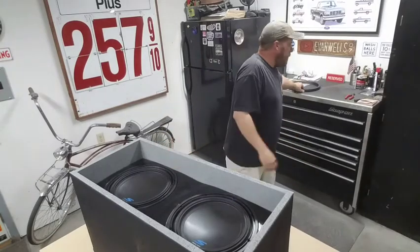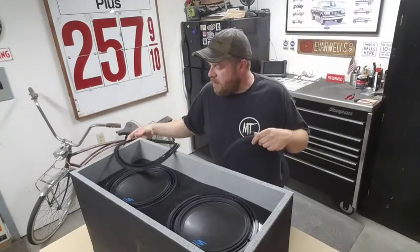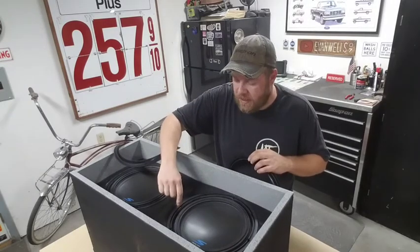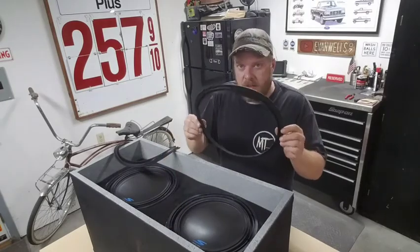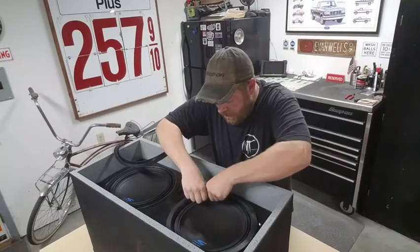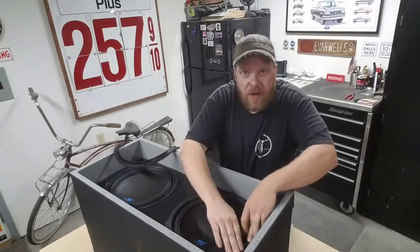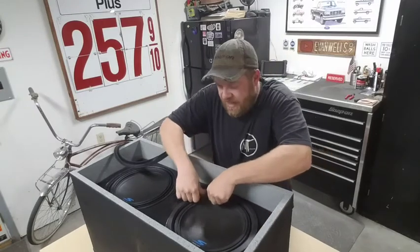But before we do that, the icing on the cake. It's kind of cool how these new Alpines do it. Of course, you have your outer mold here that's got the gasket incorporated into it that your screws go through, but then they give you these little rings that actually just snap into the outside of it and hide all that. So you don't have to worry about the old foam style seal on the backside tearing,